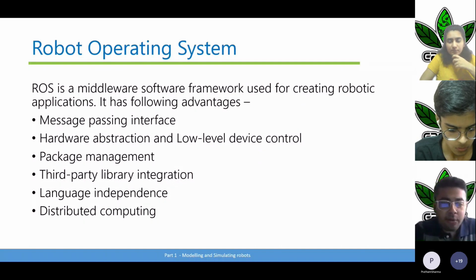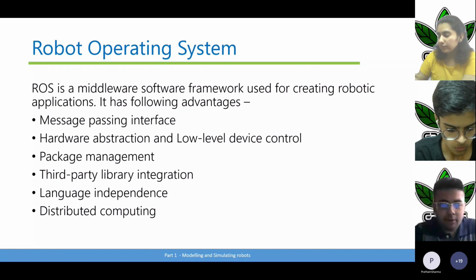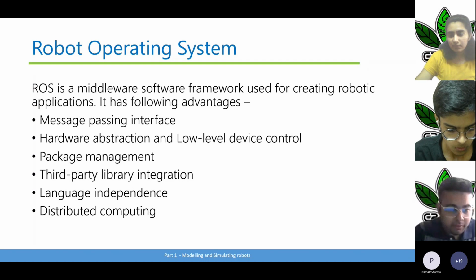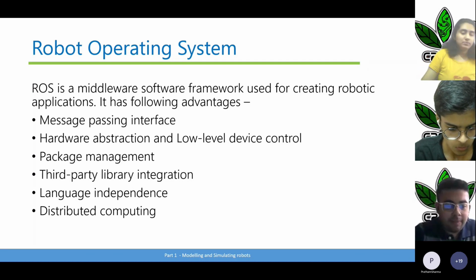So now how am I going to convey this message to the motor that it has to move by this particular degrees? So that is a message passing interface. ROS provides that, and this is one of the first things that ROS did when it was released, I guess, in 2010. That it provides a robust message passing interface, and that is something which is plug and